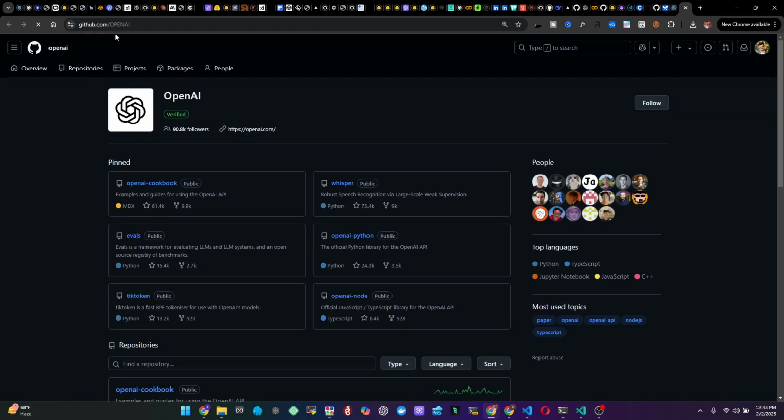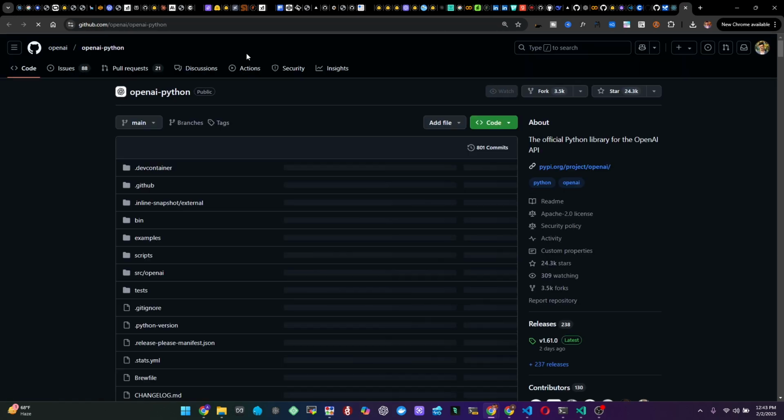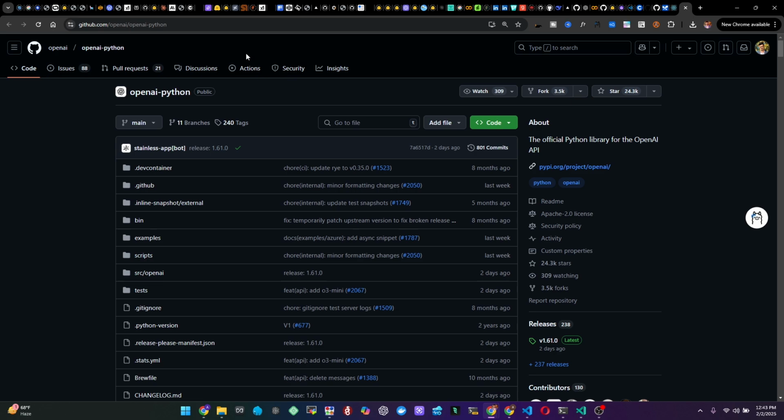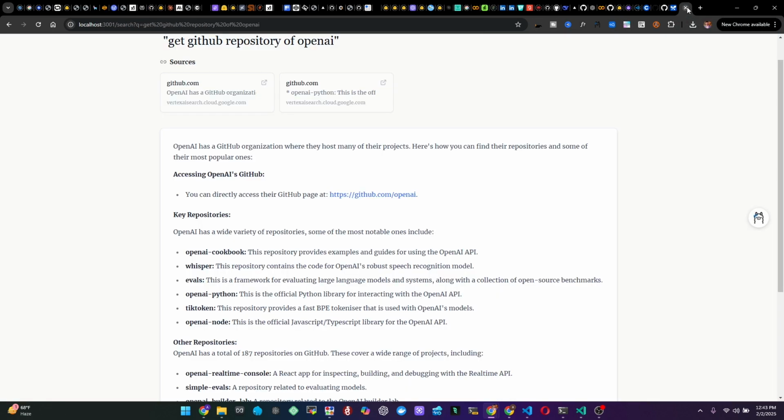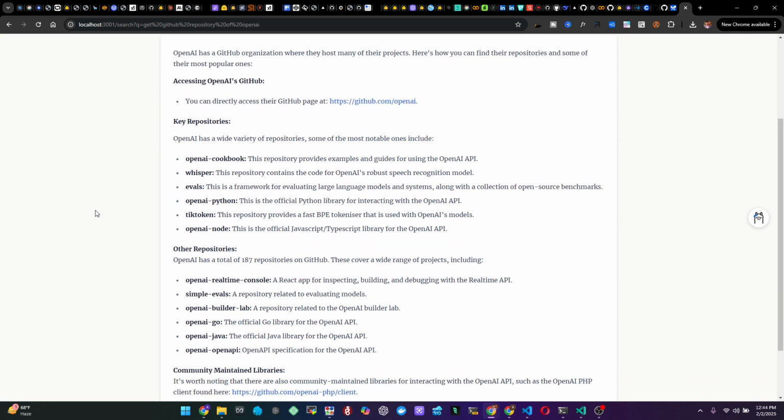So this is the GitHub OpenAI repository, and let me check the second repository, which is this one. So it is showing me github.com OpenAI/OpenAI Python. And on the bottom side, you can see that it is showing me that OpenAI has a GitHub organization where they host many of their projects. So let me check the other projects. They have key repositories: Whisper, which is a voice-based speech recognition model. Then we have Evals, OpenAI Python,